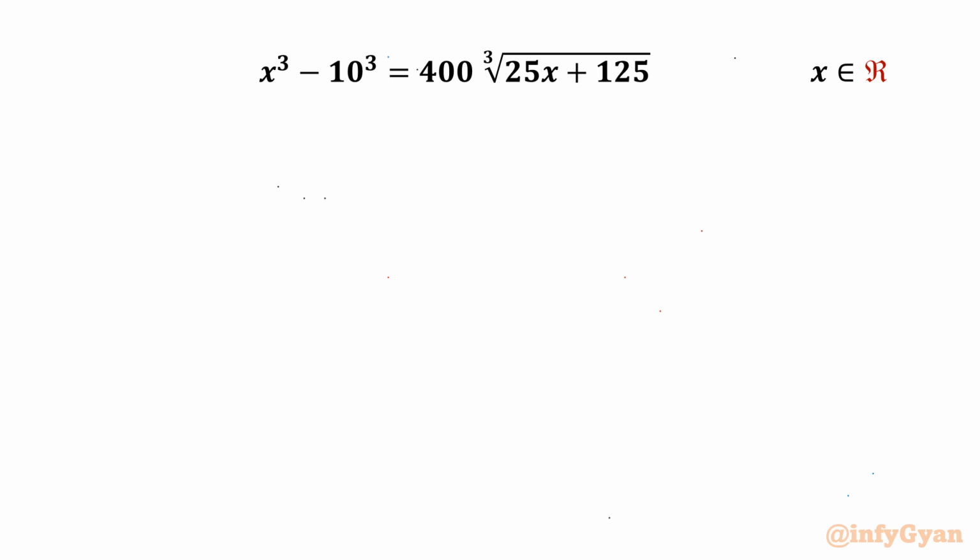In this video, we'll be solving another very interesting and challenging radical equation. It is x cube minus 10 cube equal to 400 times cube root of 25x plus 125, and we have to find out all real solutions. So let's get started by writing our equation as x cube minus 10 cube equal to 400 times cube root of